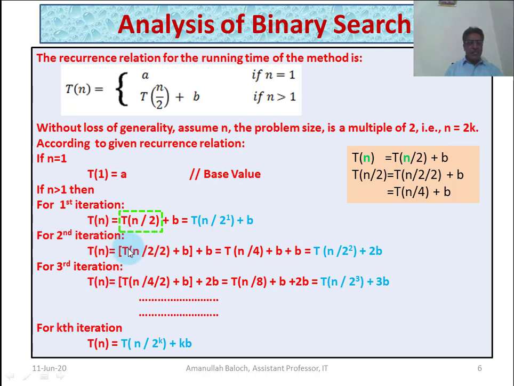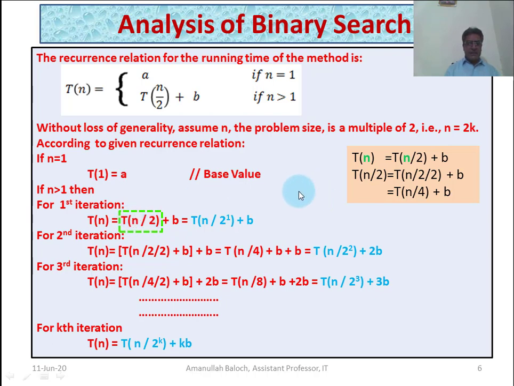In the second iteration, we have T of n is equal to this much. How this expression we have formed, we actually concentrate on this green section of the first iteration result. That's T of n is equal to T of n divided by 2 plus b. b is the constant time, 5 or 8 or 6 microseconds. If we find the running time of this half section, we will add this half section with this 6 or 5 microseconds, and we will find the total running time. So how will we find the time of this half array?